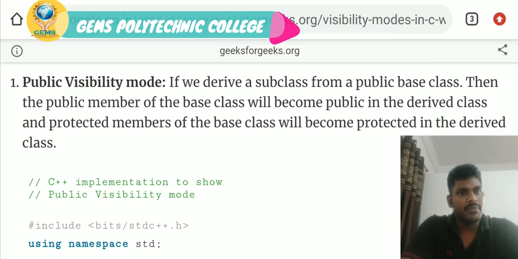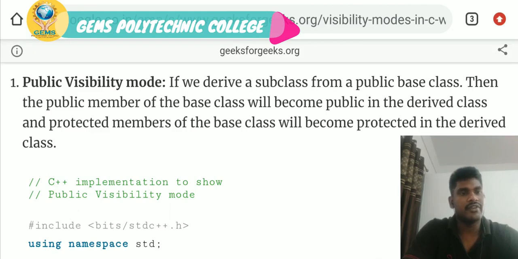In public visibility, what will happen? When a derived class is specified with the public visibility mode, the public properties become public and the protected properties become protected. I will explain with a program what the public properties and protected properties are.